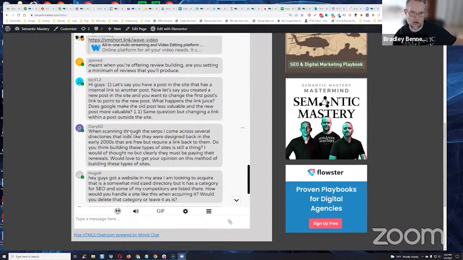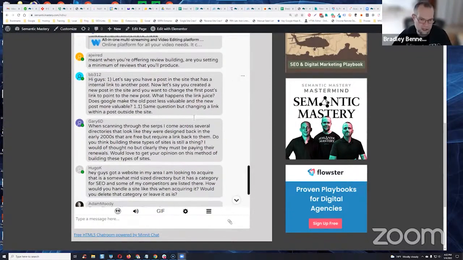And even when it does recrawl that page and recognize that link is gone to that one page, it might have been pointed to another page or whatever. It's not like, okay, we're just going to remove any benefit that we gave to that page or post because that link is gone now. Oftentimes it will take some time before it starts to lose the benefit from that link, even though that link has been removed, if that makes sense. Again, call that an echo effect. And I've seen that happen time and again.